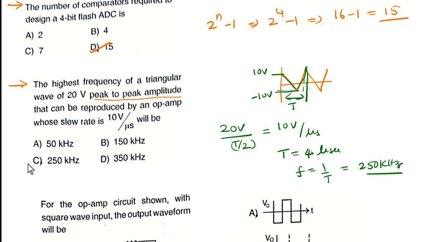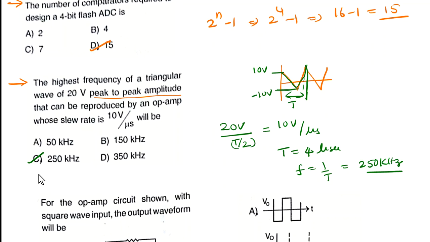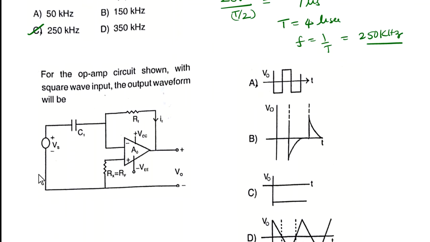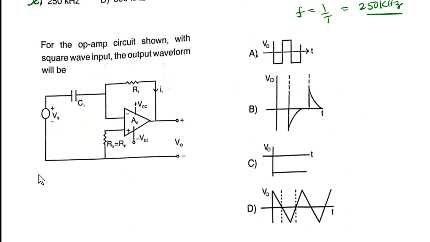So answer will be C, 250 kilohertz here. And the next question asked in this paper regarding op amp here. Okay, so what is this? For the open loop,